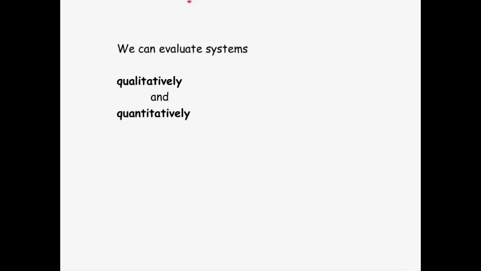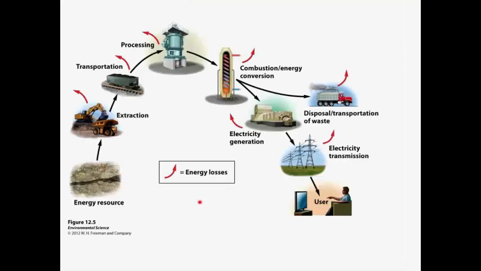As I mentioned before, we can evaluate systems qualitatively and quantitatively. And so I just wanted to point out what that difference is and what that looks like. So for example, here in our fossil fuel non-renewable energy resource chapter, we show, if you will, a life cycle assessment of energy flow through energy resource extraction and use. But we do this very qualitatively. So in this case, there's a diagram that shows the energy resource, which is presumably a seam of coal in